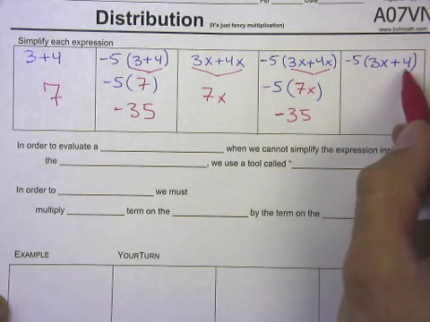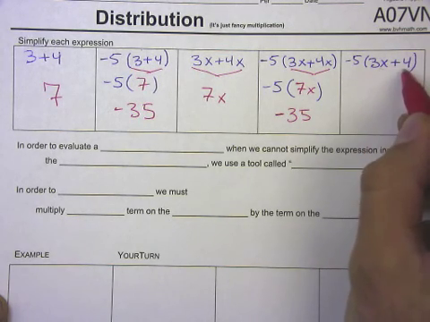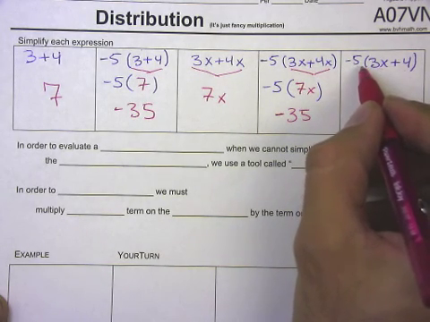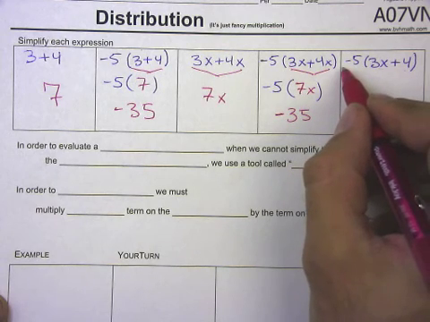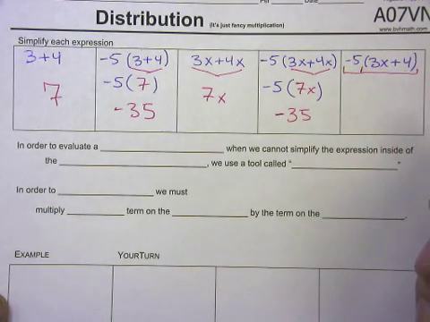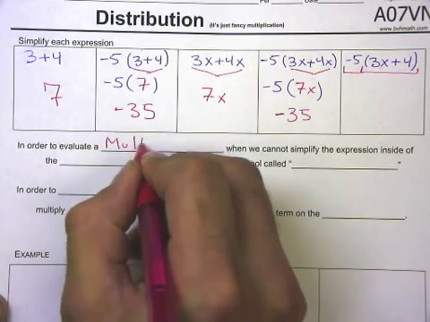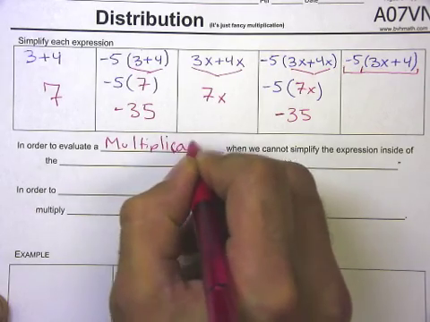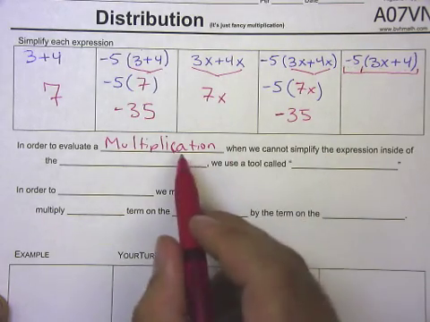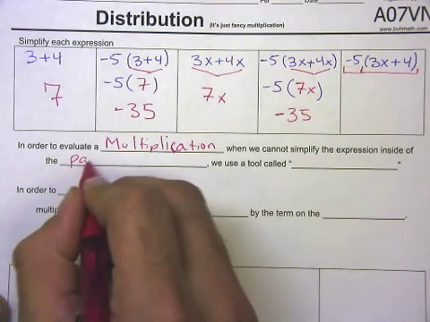All right. Now this last one, PEMDAS would tell us to simplify inside our parentheses, but the inside of our parentheses is already simplified as much as possible because we can't combine 3x and 4. So then we would look outside the parentheses to do this multiplication. So the question is, how do we deal with the multiplication between negative 5 and this group of numbers, 3x plus 4? Well, the answer to that question is that in order to evaluate a multiplication, which is all this is, just a multiplication of negative 5 times 3x plus 4, in order to evaluate that multiplication, when we can't simplify the expression inside of the parentheses,